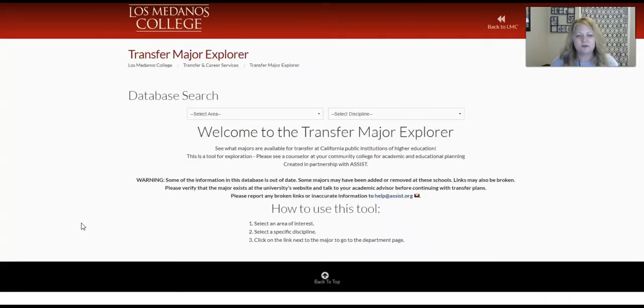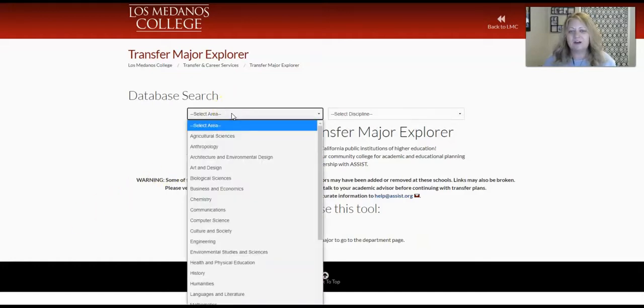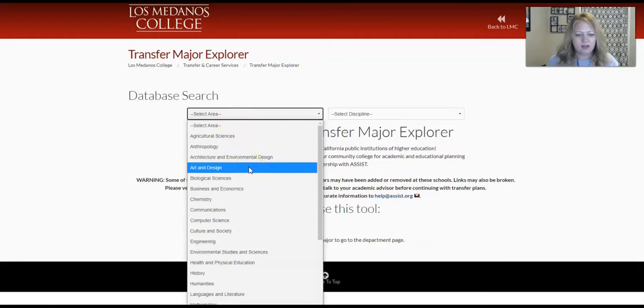If you click on that, this is called Transfer Bound, and this was developed by the Transfer Center office at Los Medanos College. So you can select an area here and then do some research to find out who has what major. And so let's go ahead and take a look at this.